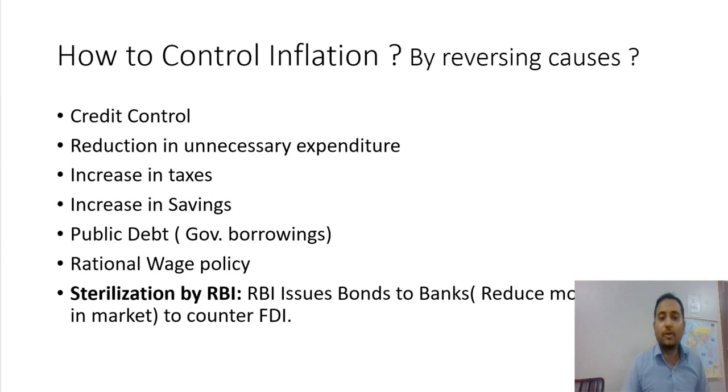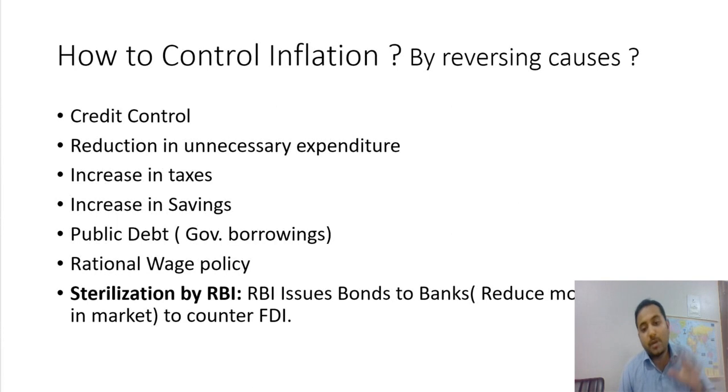How will we do that? By credit control. We'll control the credit. How will we do credit control? By increasing tax. See here the third point, that is increasing tax. By increasing saving. How? By lucrative returns on saving schemes. Maybe I will increase the return rate up to 7%, up to 8% on fixed deposits. Initially it was around 7%, 2 or 5 or 4 years back, right? So it was to control inflation. The government should also reduce unnecessary expenditure.